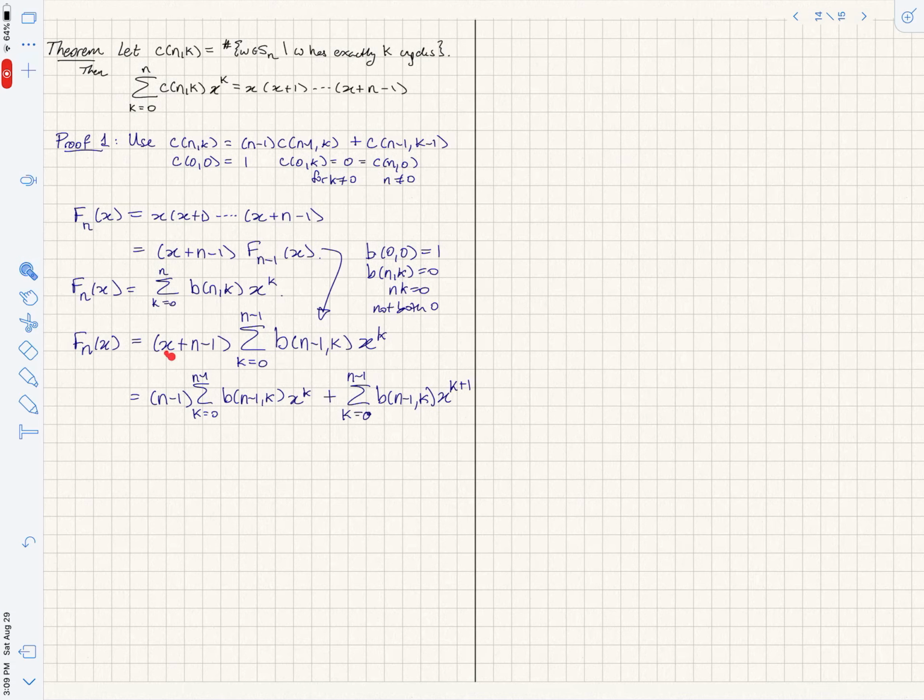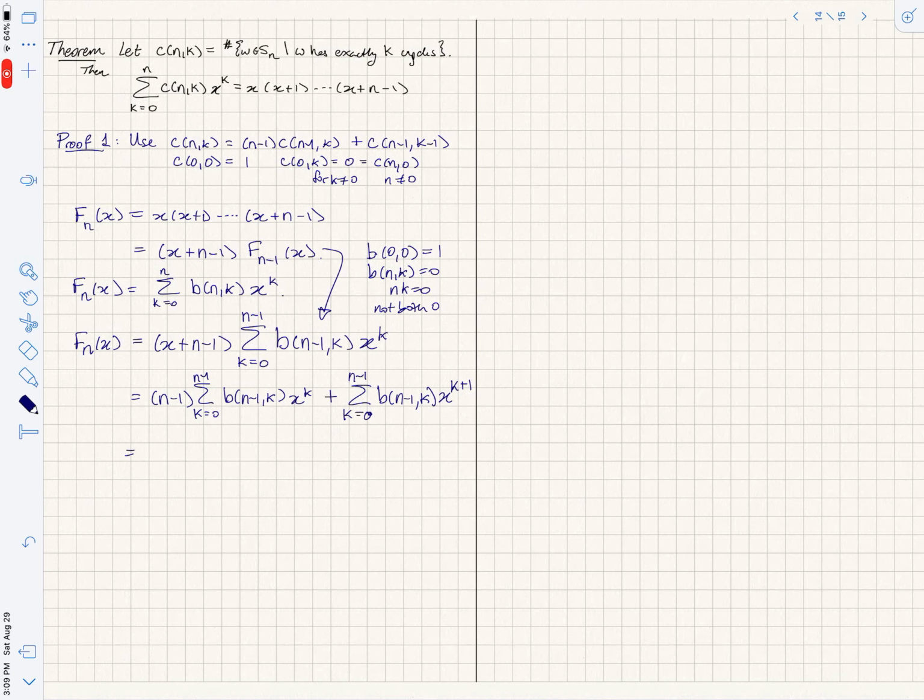So again, I've sort of crossed my terms here and done it like that. Okay, now let's get our indices shifted on the right-hand side. So this is going to be the sum 0 to n minus 1 of (n-1) b(n-1,k) x to the k plus,